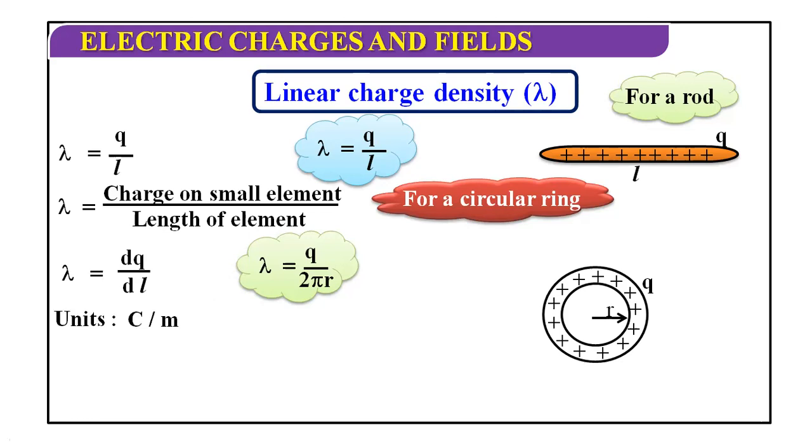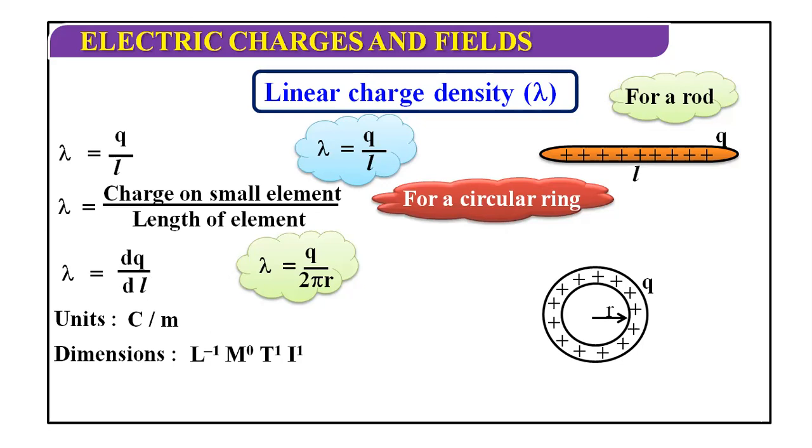Now, what are the units? Because charge is in coulomb and length is in meter, the linear charge density is in coulomb per meter. And you can find out its dimension. Because L is in the denominator, it can be written as L raised to the power minus 1. And dq, because it's a derived unit, I will take the help of the fundamental unit, which is current. So current is equal to charge upon time. So from there I can find out dq is equal to current into time.